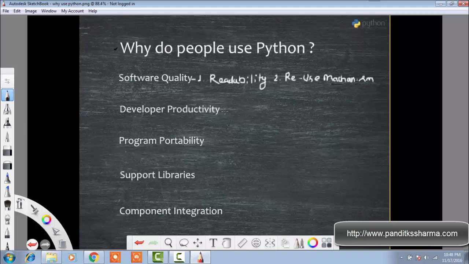Second one is developer productivity. So how does Python increase developer productivity? Python code is typically one-third or one-fifth of the size of equivalent C++ and Java code.